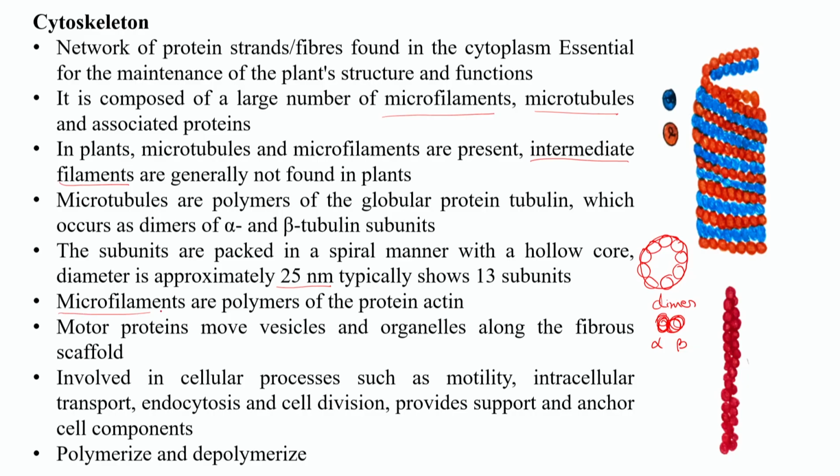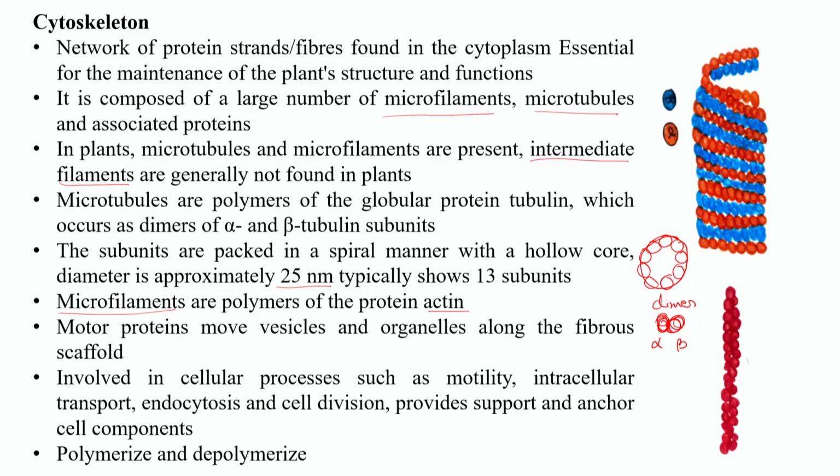Talking about microfilaments, they are polymers of the protein actin. Actin proteins join together to form a single thread-like structure, and two thread-like structures wrap around each other to form a slightly thicker rope-like structure. Along with these microfilaments and microtubules, certain motor proteins help in moving the vesicles and organelles